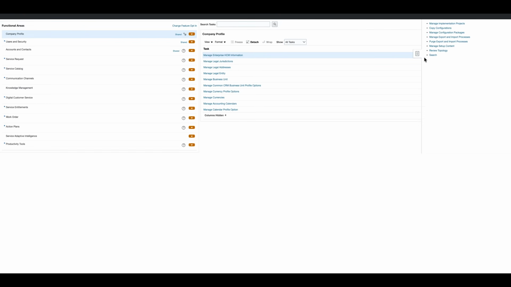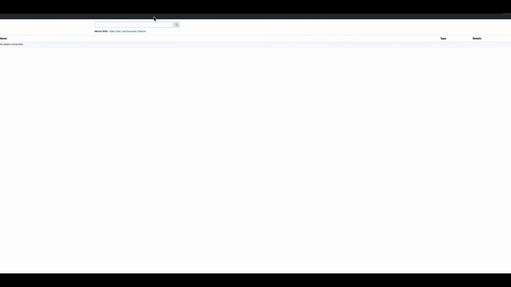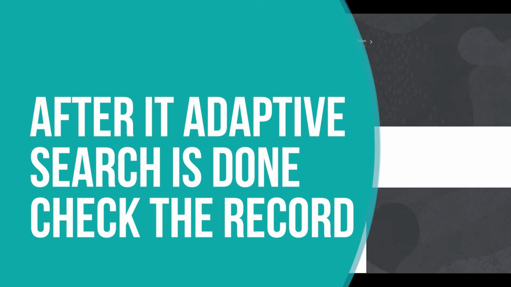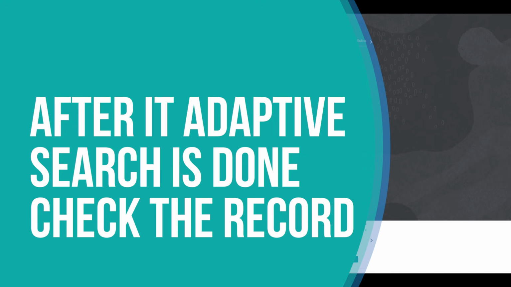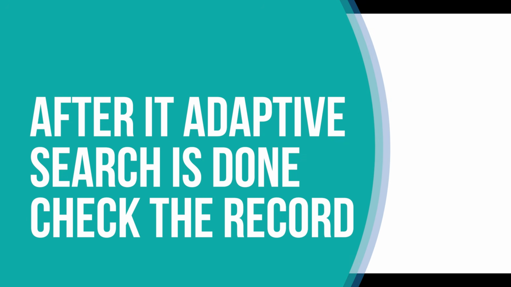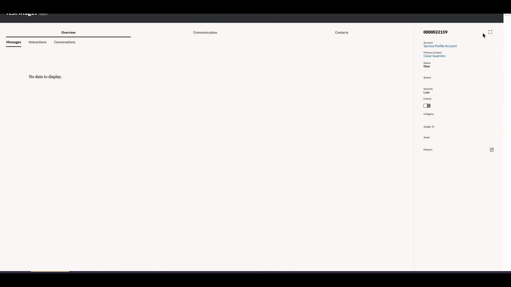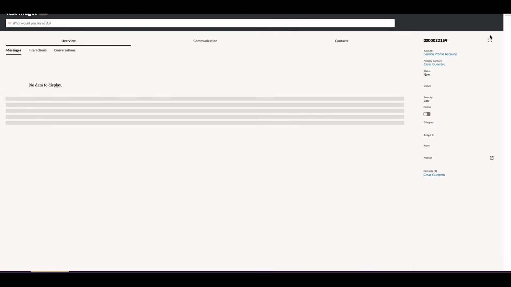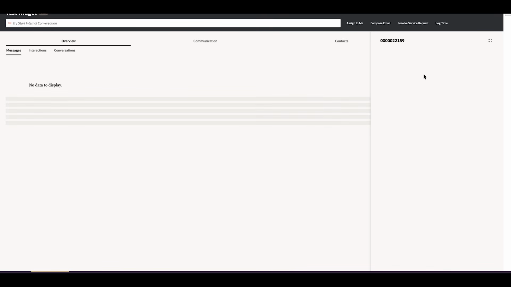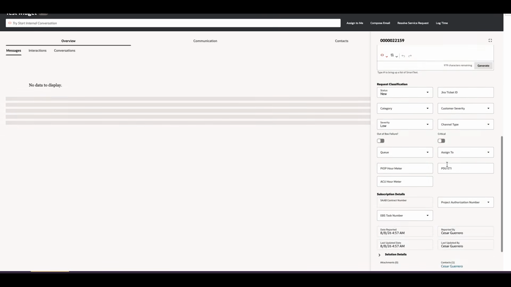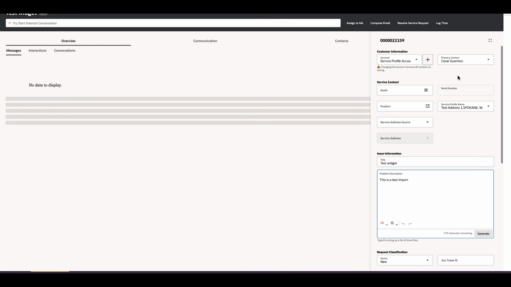On the right, I'm going to hit task, search, configure adaptive, service center. You won't be able to see it here, but from the import file, this was a test import,